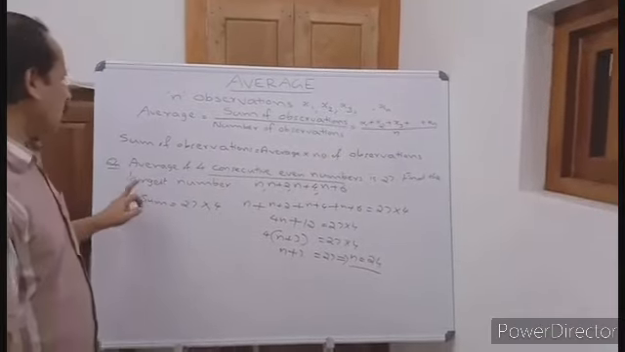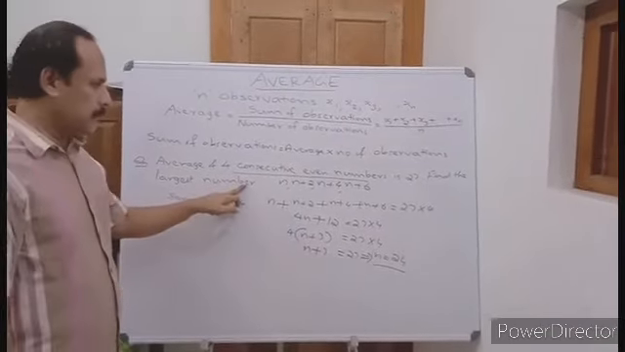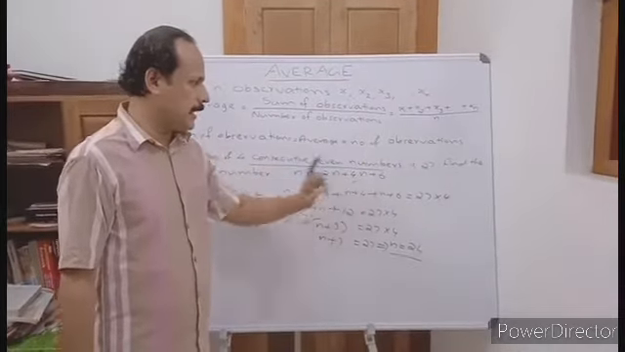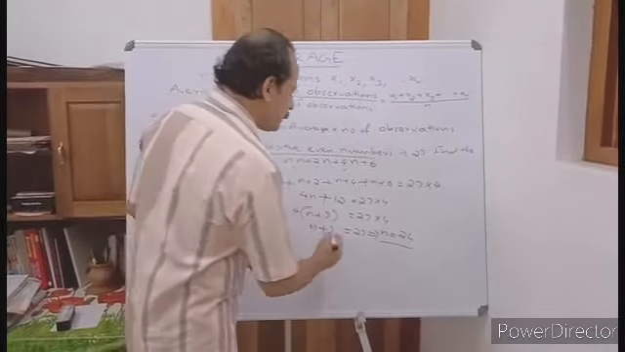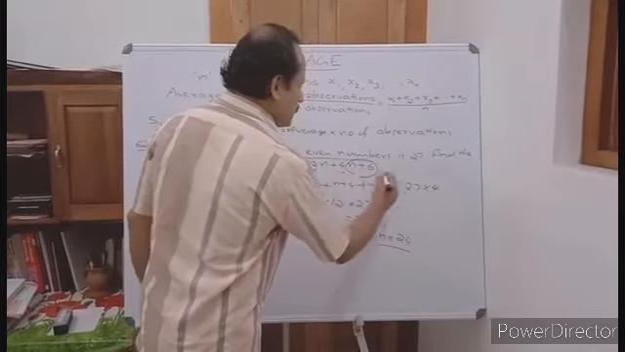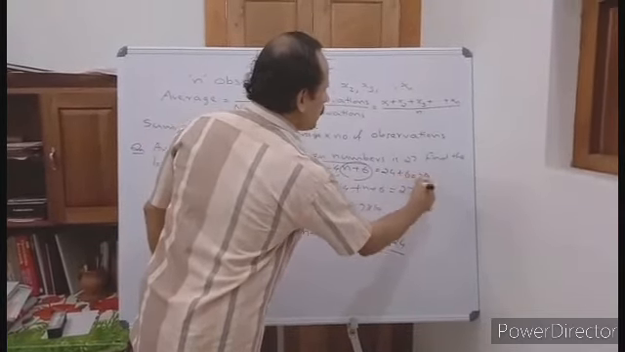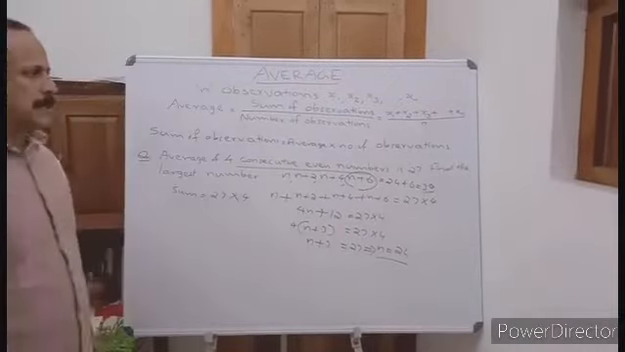What is required? We have to find out the largest number. Among these observations, the largest one is n plus 6. Therefore, n plus 6 equals 24 plus 6, that is 30. So the required largest number is